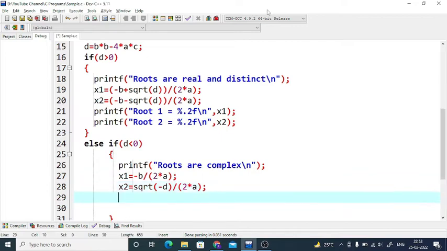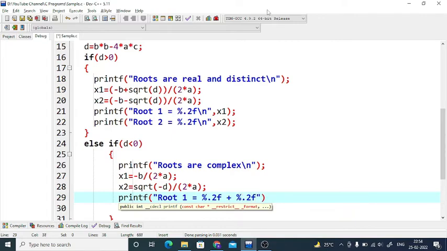Okay, so I'll be printing the first root. Now see how exactly I'm printing the roots. Root 1 would be the real part, %.2f, plus the imaginary part, %.2f, backslash n. The real part I would say x1, and the imaginary part I can say fabs of x2. Now remember, I don't want the sign of x2, because even if my x2 happens to be, let's say, minus 5,